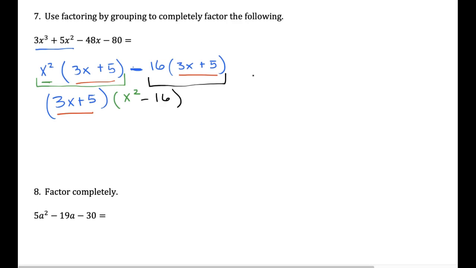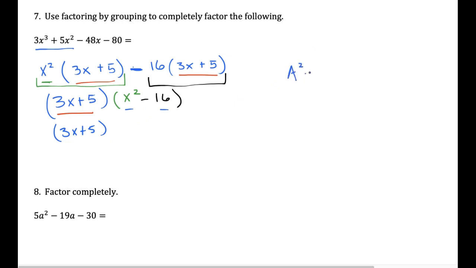Okay? So remember I said to completely factor. So we've got 3x plus 5. It doesn't factor any further. But I do see that this is the difference of two squares. And we just looked at the difference of two squares before in the other direction. So